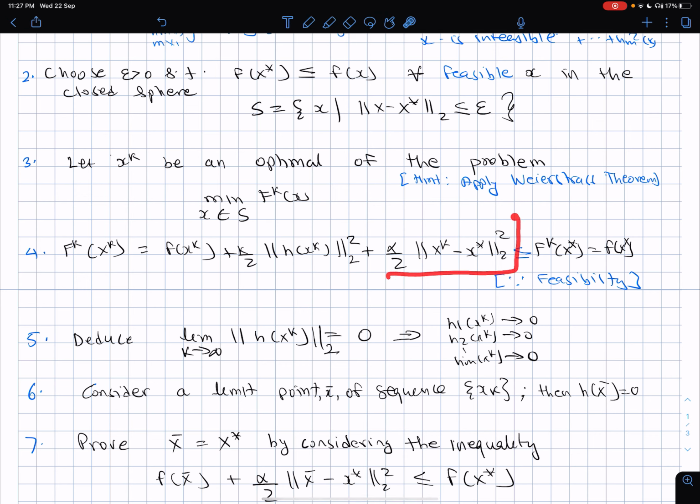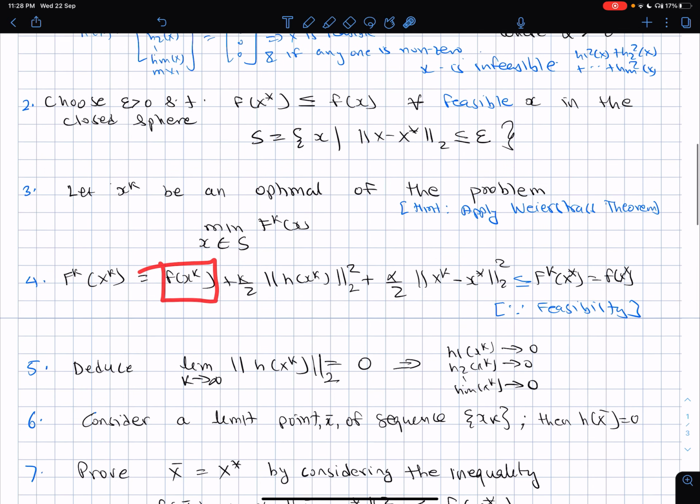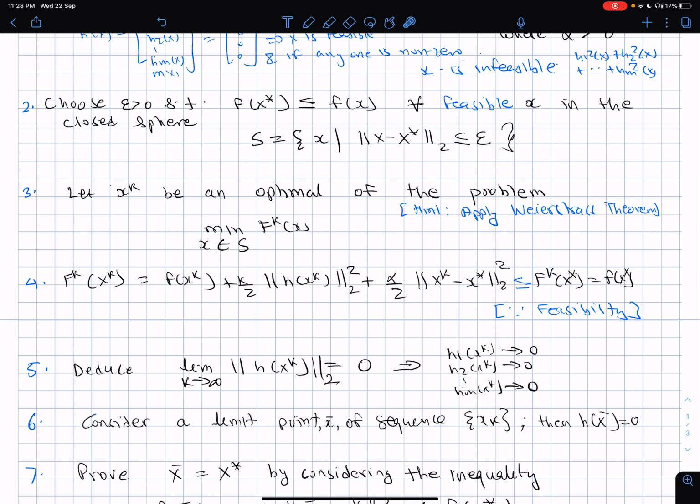So this term is first of all always positive, and the least value that it can take is 0. Therefore this term cannot go towards minus infinity. The best value it can give on the lower side is only 0. What about this term here? Again, the Weierstrass theorem, when applied to this particular problem, said this has a minimum and a maximum. So the minimum means it takes a finite lower value.